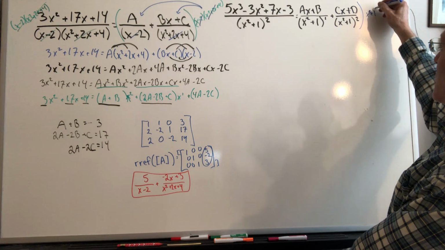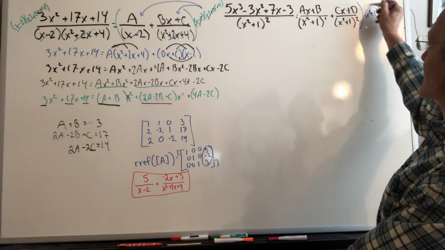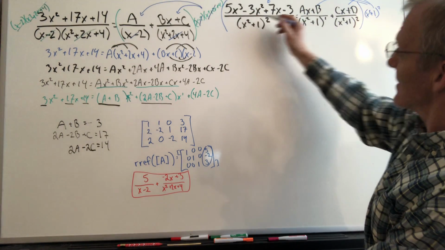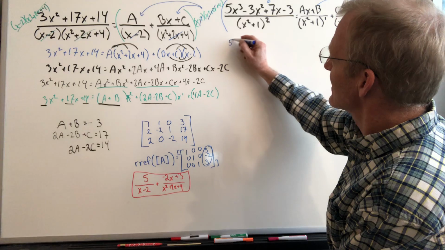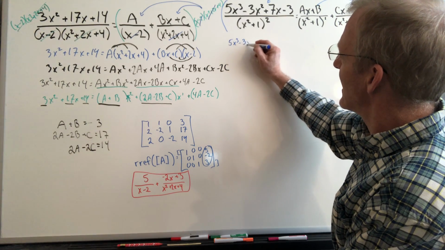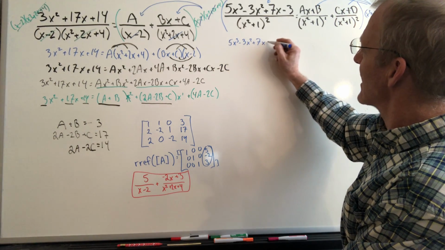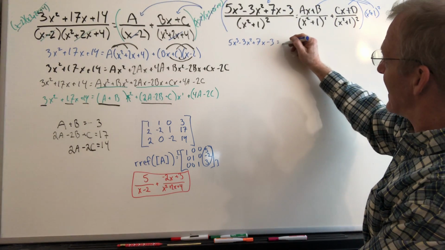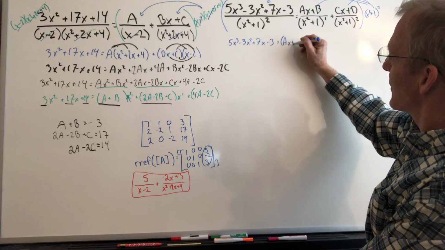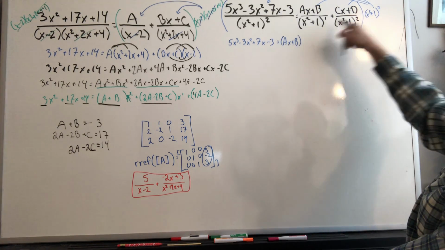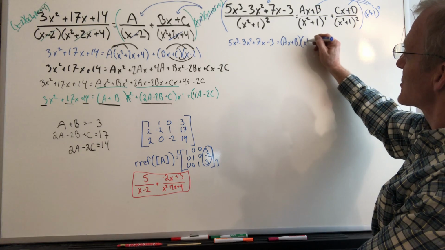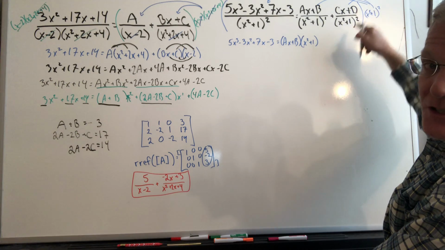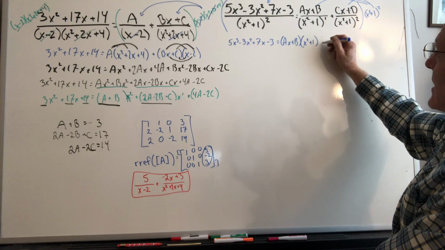Sorry, (x squared plus 1) squared. That's going to distribute here, here, and here, which cancels them both out, leaving us 5x cubed minus 3x squared plus 7x minus 3. Over here, one of them cancels, so we're going to get (ax plus b) times one of them, (x squared plus 1). And in this one, they're both going to cancel out. So we're just left with plus